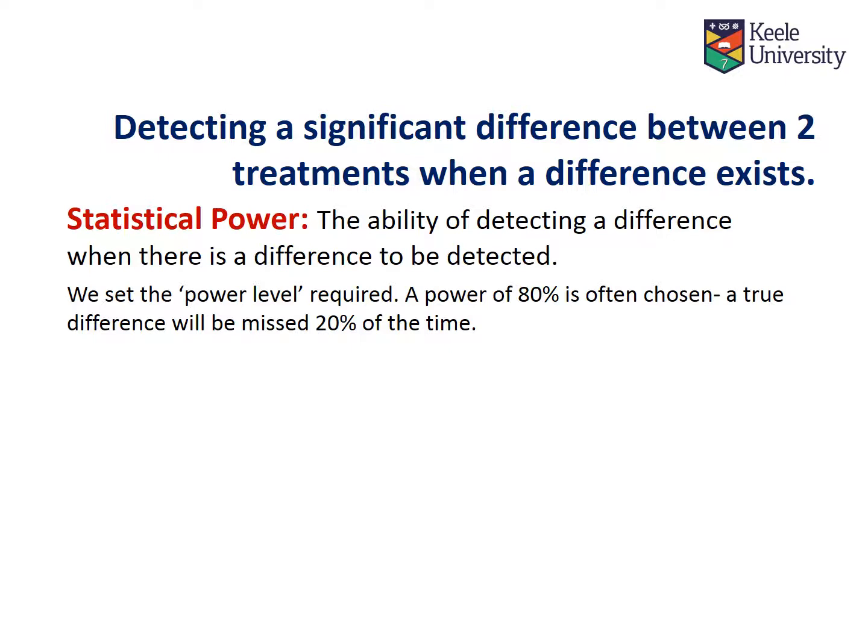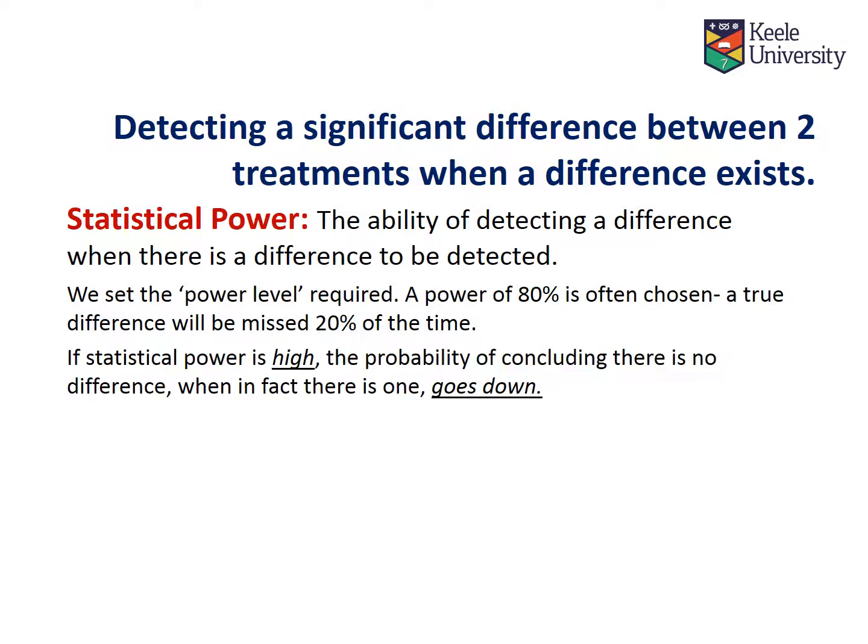Meaning is that we're able to detect a difference when the difference is there 80% of the time, and we will miss it 20% of the time. And as I said, 80 is something which is used, 85, 90, 95, also other cutoffs are used. If statistical power is high, the probability of concluding there is no difference when in fact there is one goes